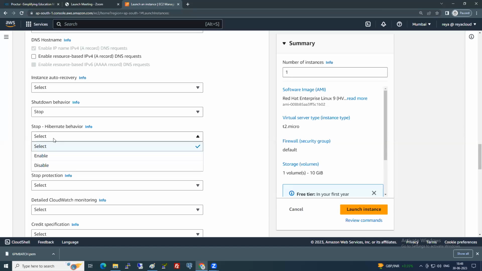Sleep mode. You want the machine to be in sleep mode. If you want sleep mode, put it. When do we use this sleep mode? For example,